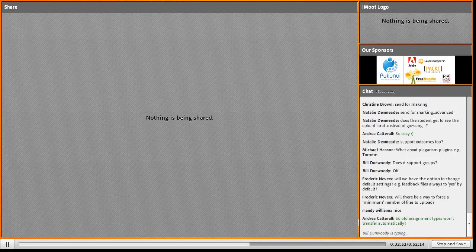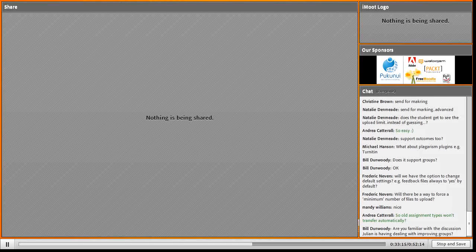And Frederick, the option to change the default settings, feedback files all the way to yes by default, and minimum number of files to upload, you could probably change that in config.php, I'm guessing, and that'd be something that we'd look to add in as another site-wide configuration option to say what are your default assignment settings that you'd like to have on